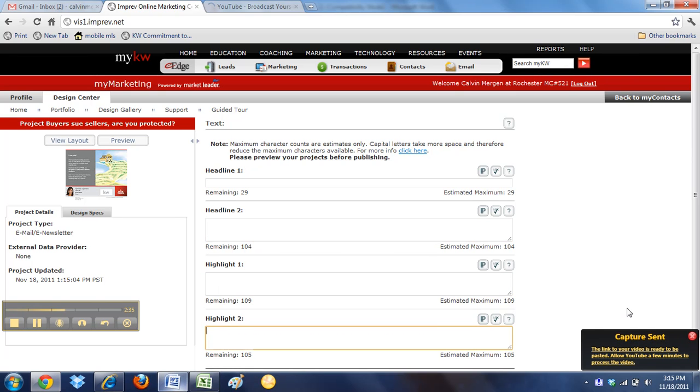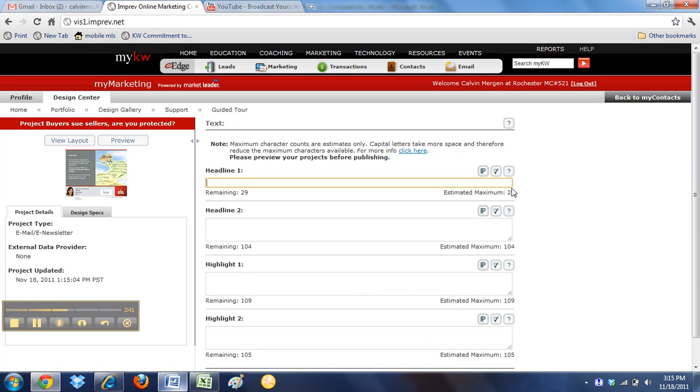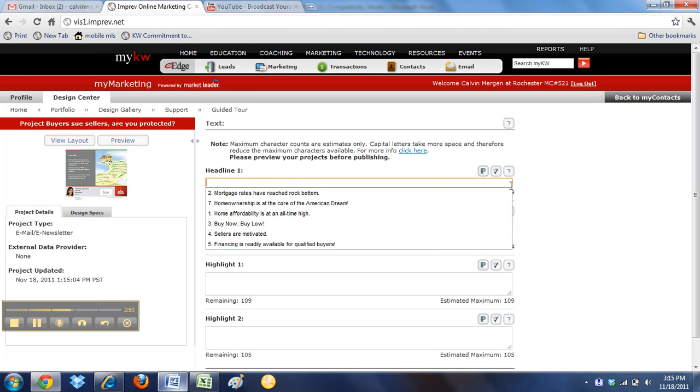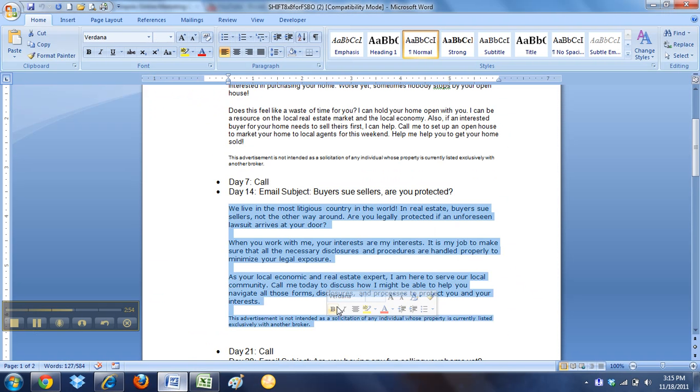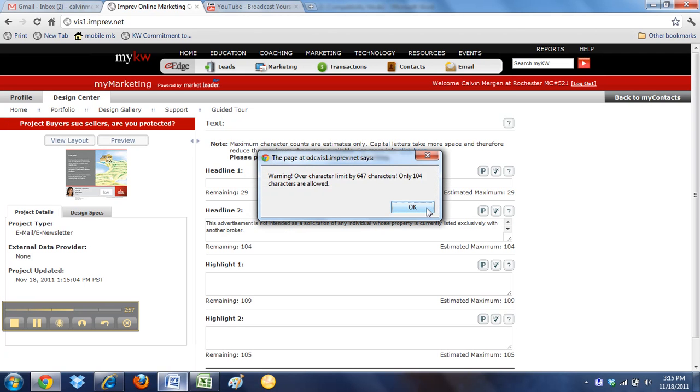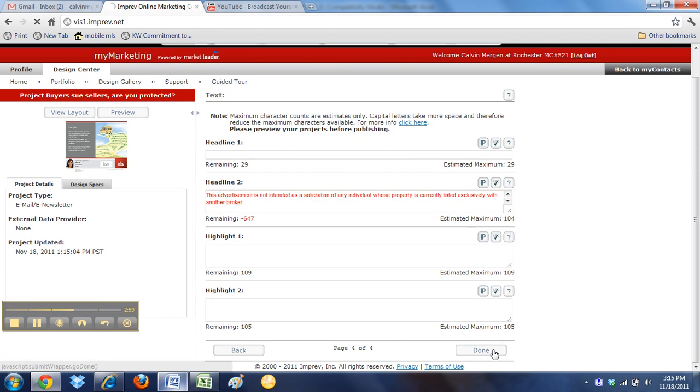One thing I want to make sure that you see on here is these bottom 3 boxes are expandable. This top one is not. So that's why I'm going to be pasting this content into headline number 2, because it will allow for me to put in extra stuff where this one will not. It does not allow that ability. So when I take the email information, I just copy it and I paste it into here, and it says you're way over the limit. That's fine. I hit done,